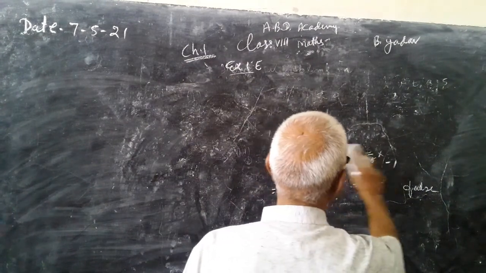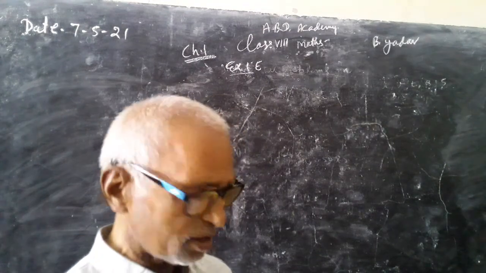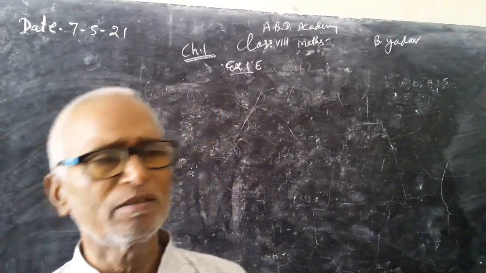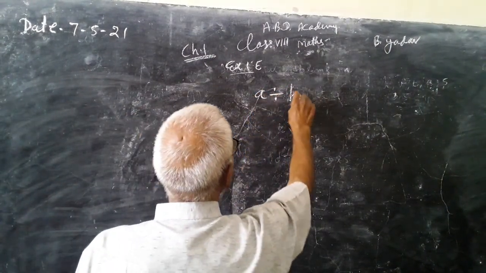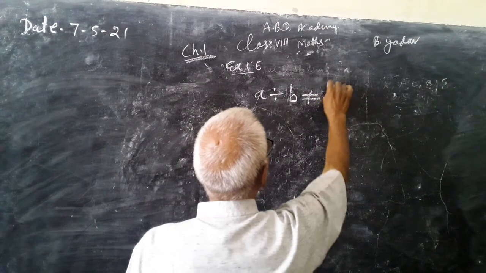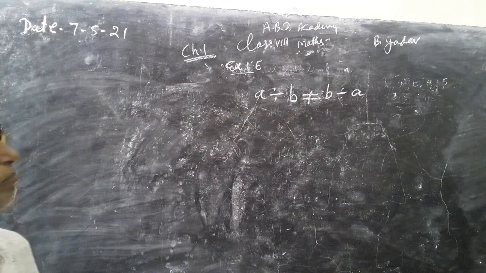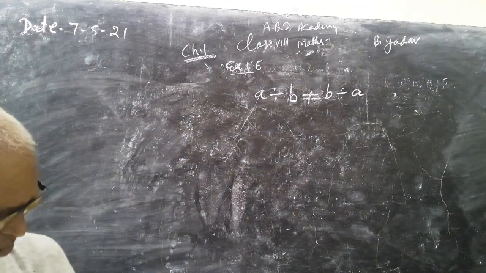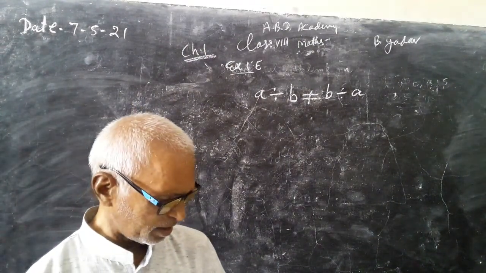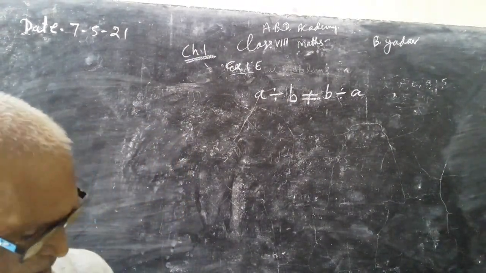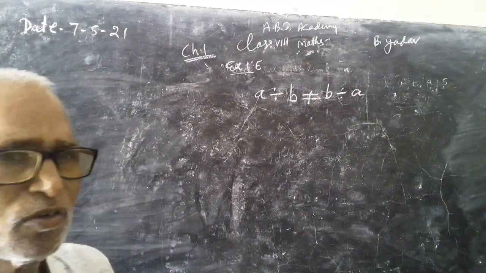So you have to write, because rational numbers are not commutative under division, a divided by b will never be equal to b divided by a. It will be true only if b is the inverse of a or a is the inverse of b. Likewise, verify whether the given statement is true. Here, associativity under division will also be false.